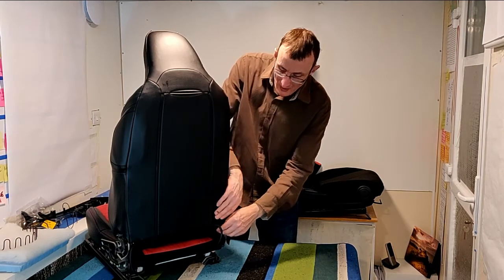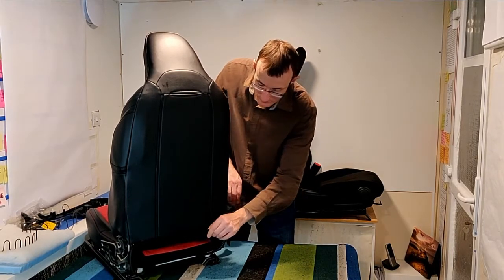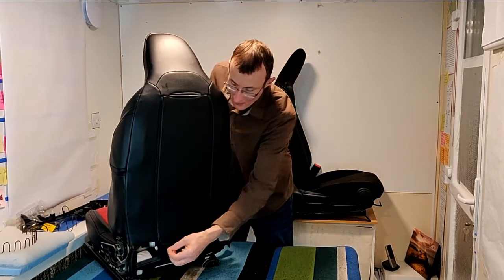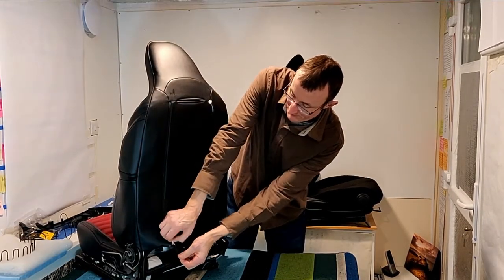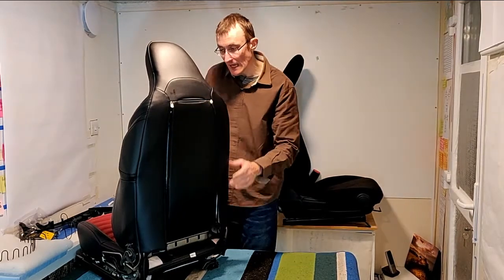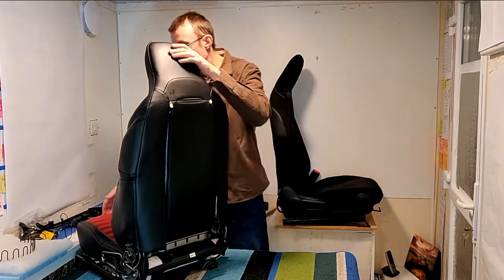The next thing to do is to undo the J-clips at the bottom of the seat. Straight across here, if you tuck your finger into the side of here and literally just pull upwards, you'll be able to undo this, and it untucks out of these J-clips at the bottom here. And you can then reveal the bottom of the zipper and begin to see inside the back of the seat. But before we do that, we need to work on this airbag assembly this side, because that will stop us from taking the J-clips off the inside. So, to do that,